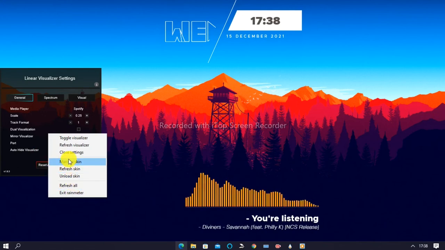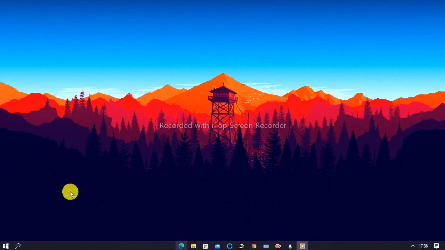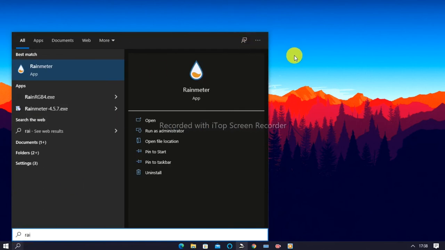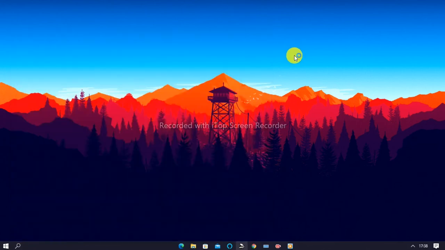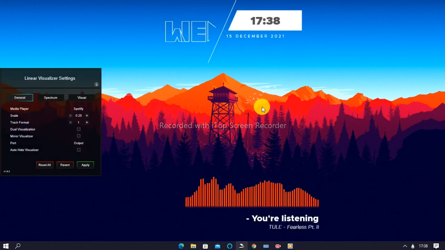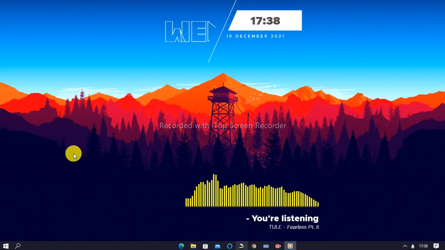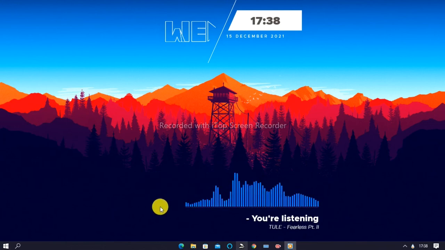If you open the settings, it will lag. Sorry. So the linear works perfectly.